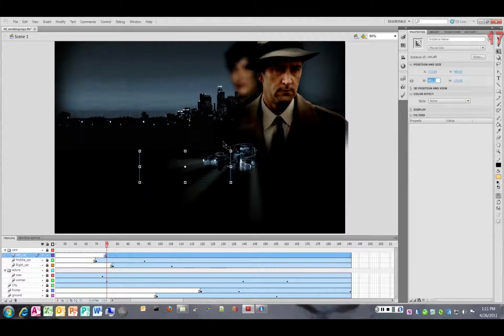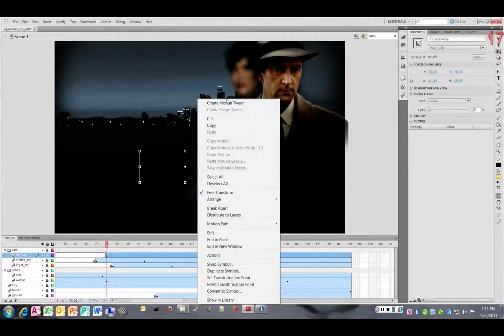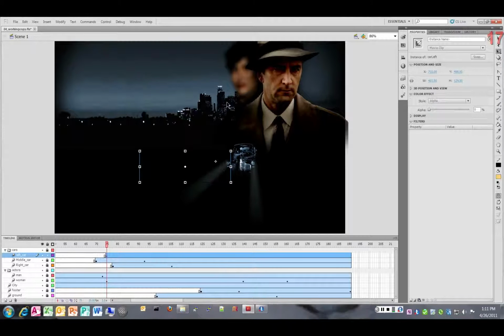And now he's correctly there. Now we can select the alpha for the color effect. And let's set him down to 0. And then we're going to right click on the car stage and say create Motion Tween